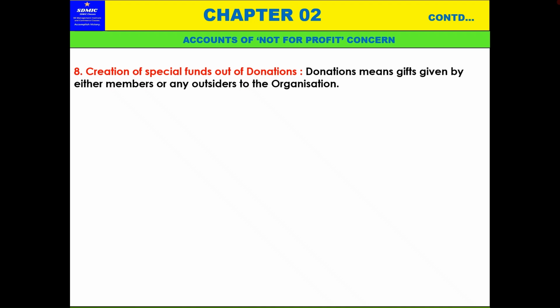The donation received must be used for that particular purpose only, the purpose for which the donor has given it. Okay. Donation can be given by either members, suppose someone has some extra funds, saying okay, I will donate for this particular work, like a medical camp. Or outsiders, saying this particular club or organization is conducting a medical camp, so let me contribute something. So outsiders also can contribute to the organization.